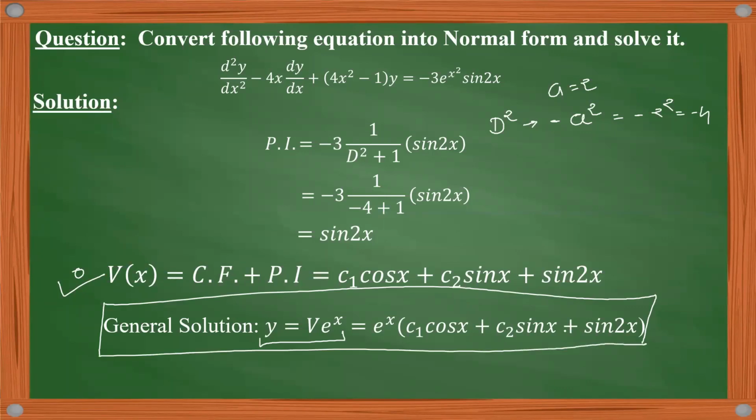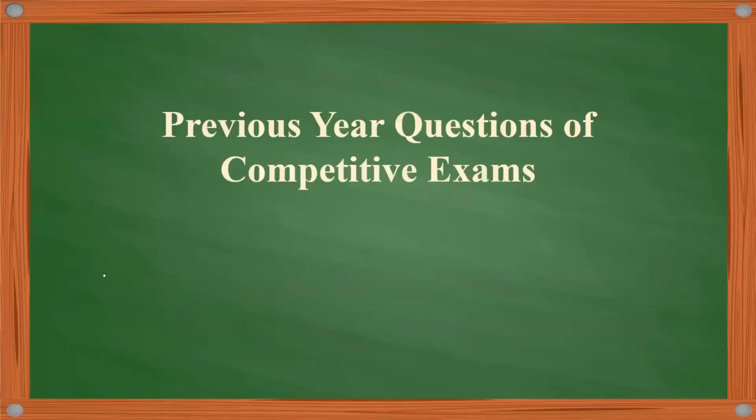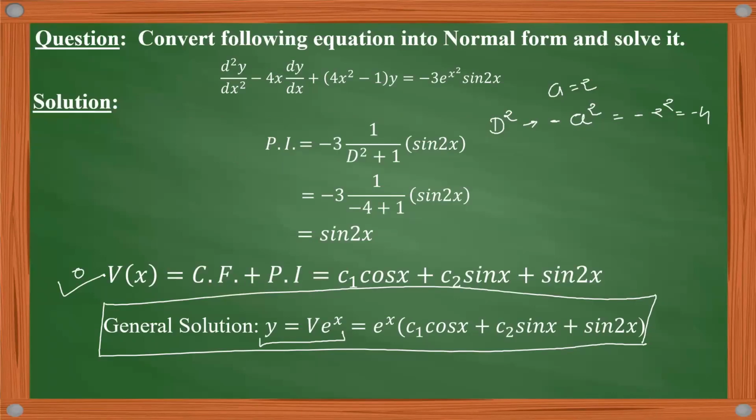Okay. So if we want to convert any equation into normal form, then we just need to remember its normal form. First of all, we need to find the value of u. Then we will replace y is equal to u into v, and then we will proceed further as per our theory. Fine.